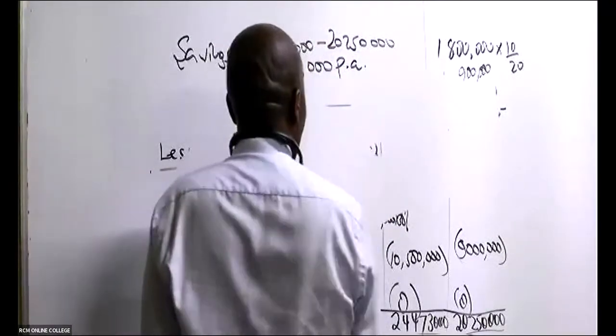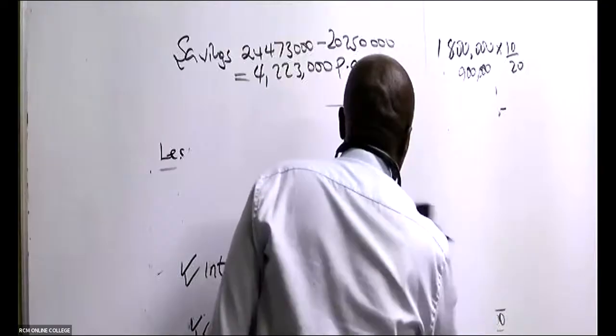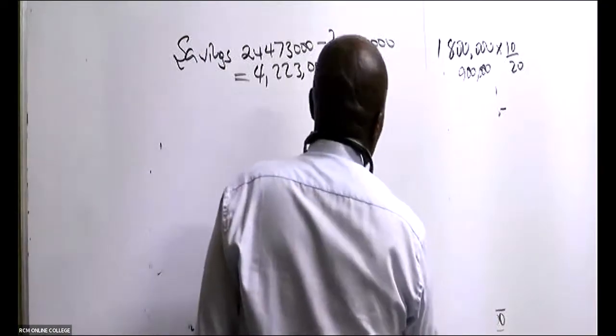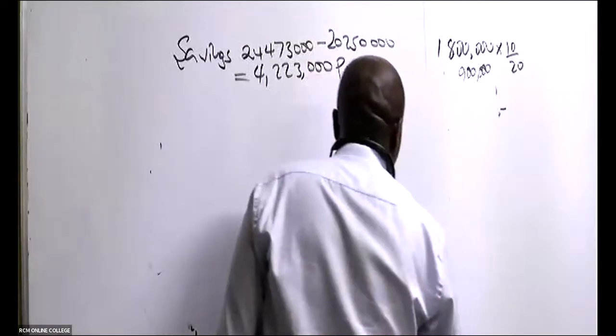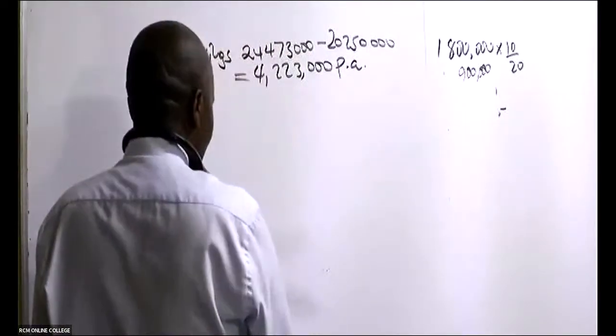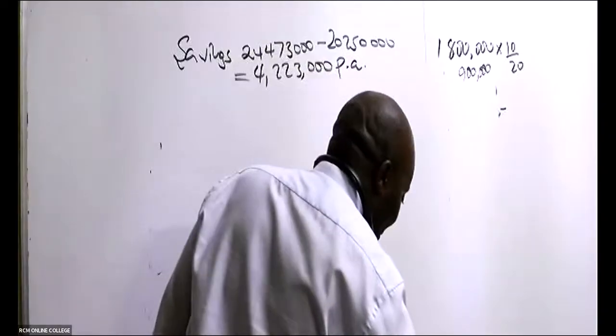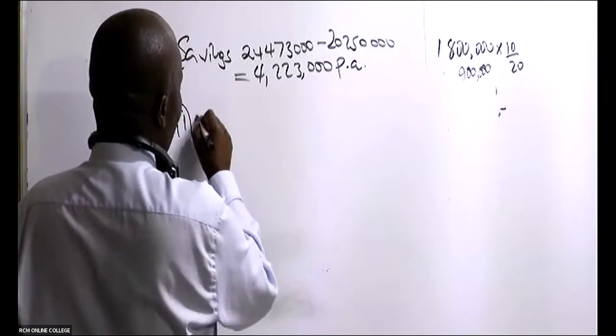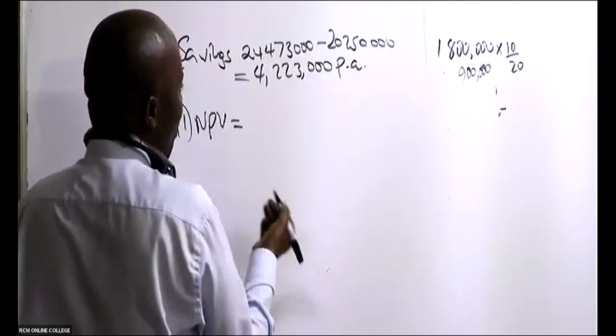So Roman 3, they want you to give them the net present value. I would want you to go later on, revisit this question so keenly, if possible, watch the video again so keenly for you to be really perfect with this concept here. So Roman 3, they want net present value. So how do we get this?